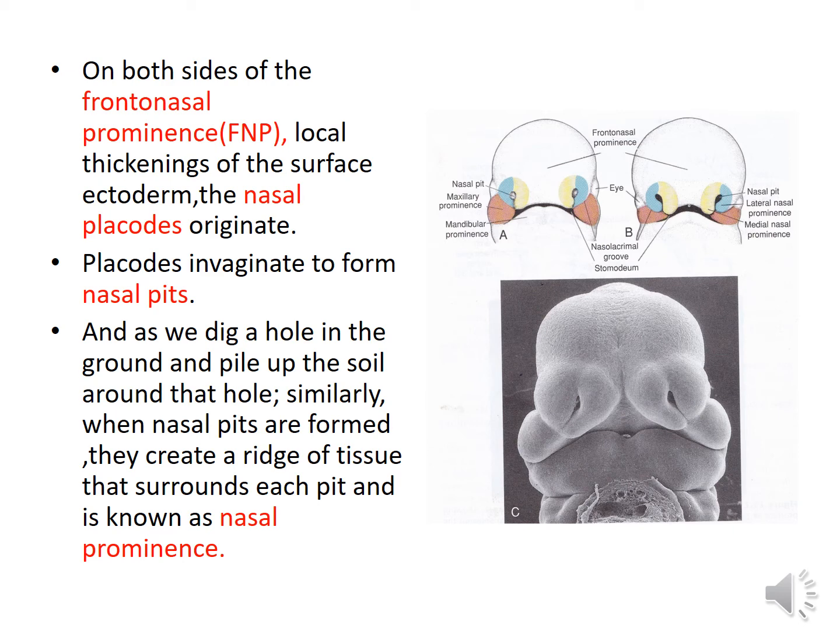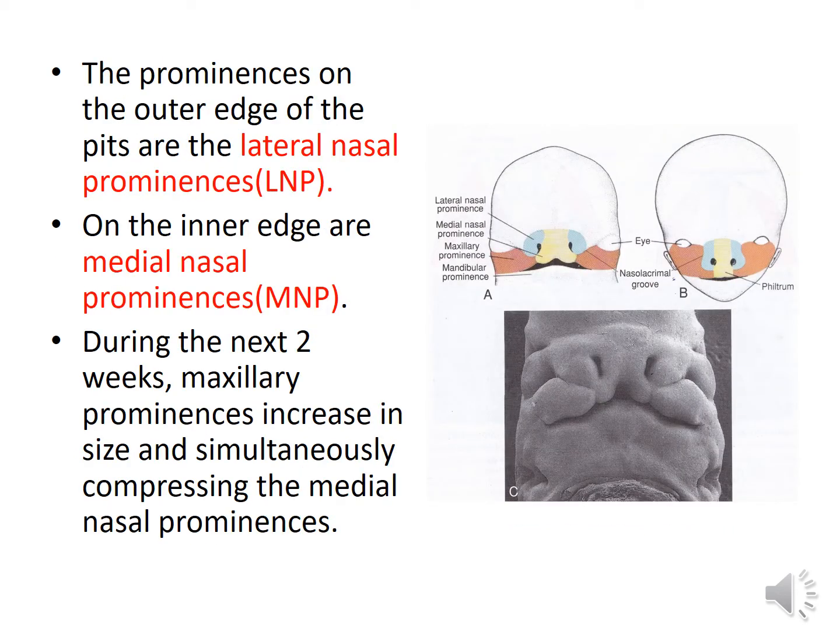Now this nasal prominence divides into two. You can see yellow and blue color. Yellow ones are the medial nasal prominences, again paired, and blue ones are the lateral nasal prominences. They merge together, that is the medial nasal prominences merge together when the maxillary prominences increase in size and compress